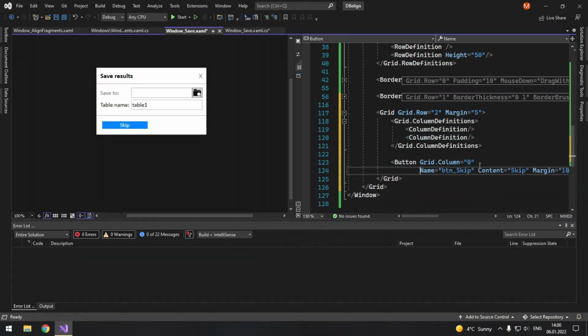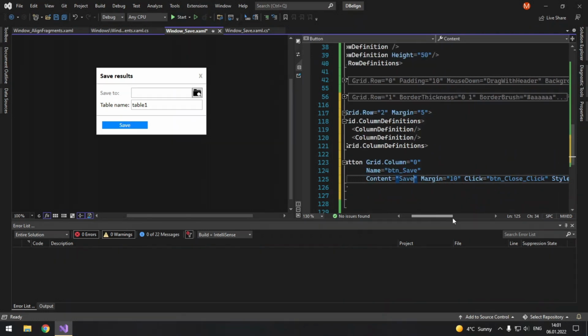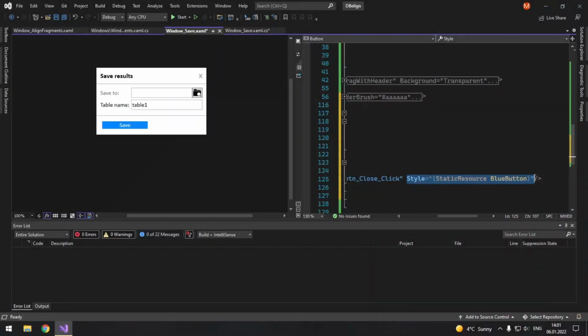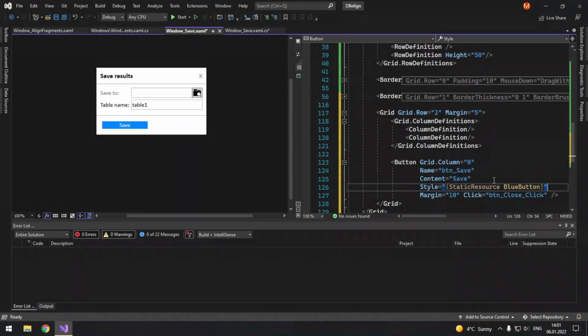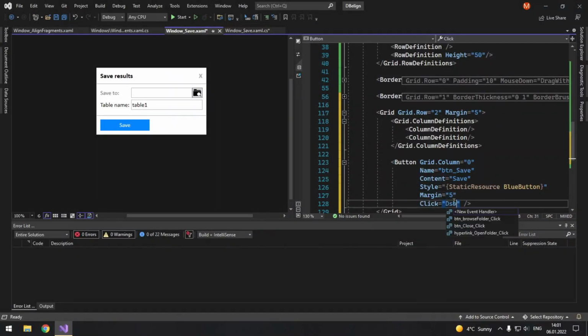Its name will be button_save. Its content will be Save. Its style will be blue button. Its margin will be 5. Its click event will be save.